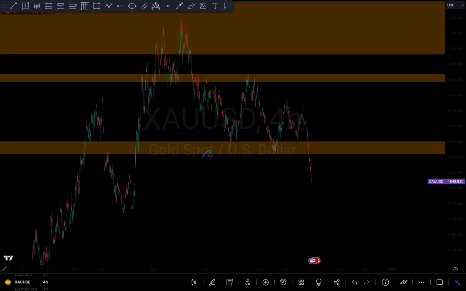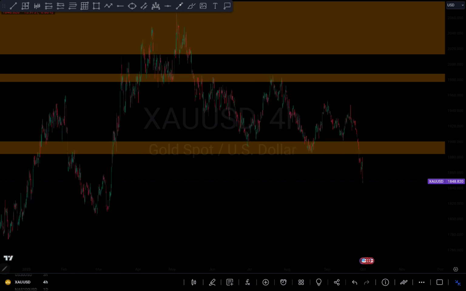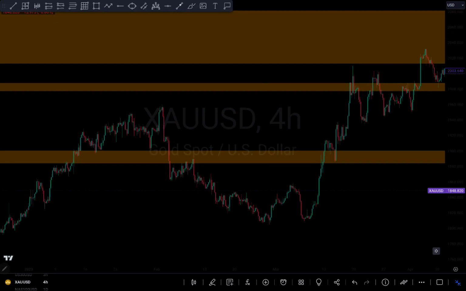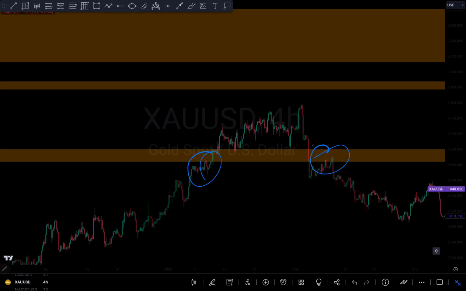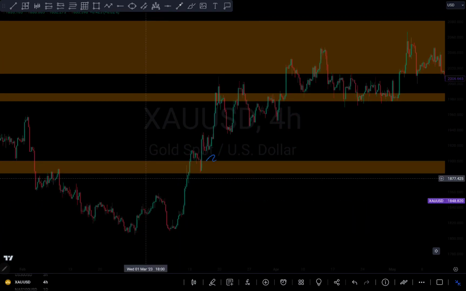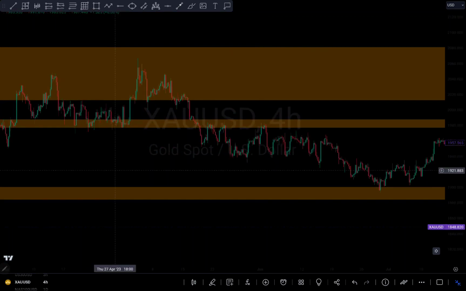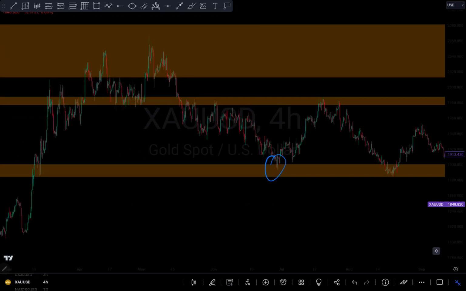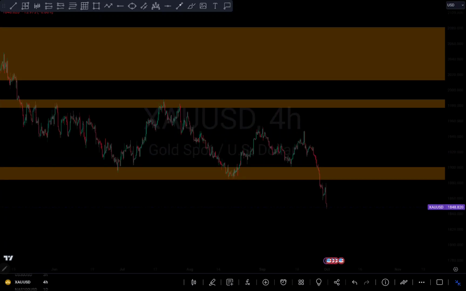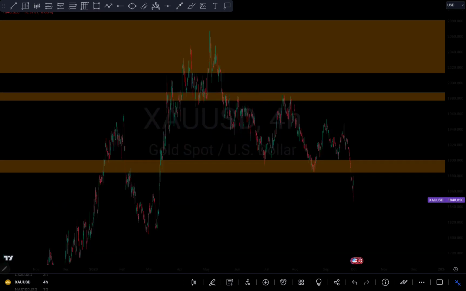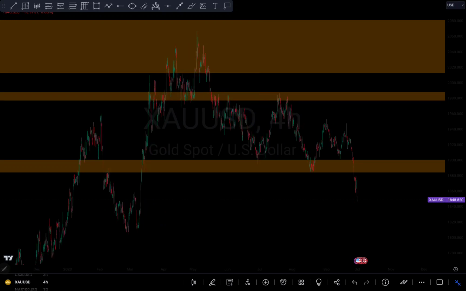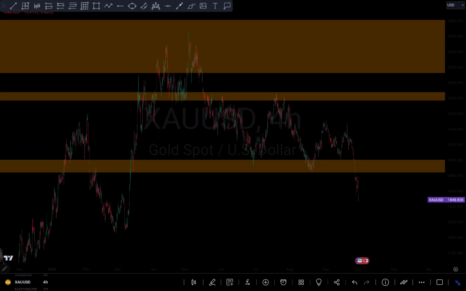You can see this current price market right here. You can see a rejection here, a rejection here, a rejection here. Let me zoom in a little bit. It rejects here, rejects here. I'm seeing a rejection around this zone here too. Rejection here, rejection here. Okay, that is a solid zone right there, because of the multiple rejections we've been seeing. So when we had this zone right here, this is called a support right around here